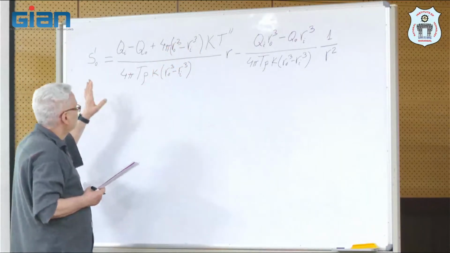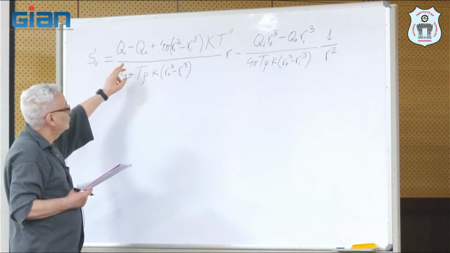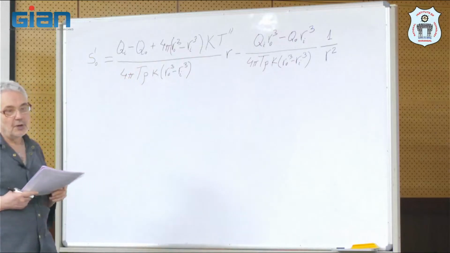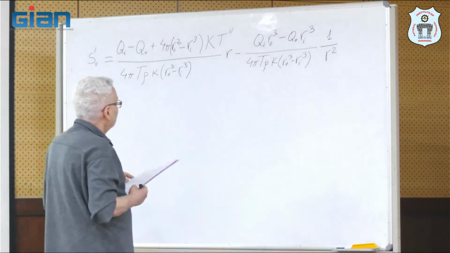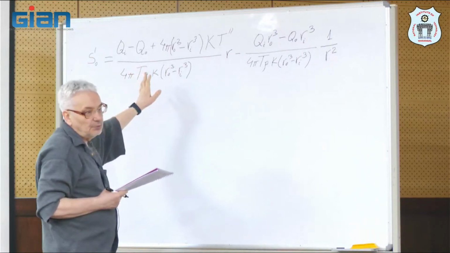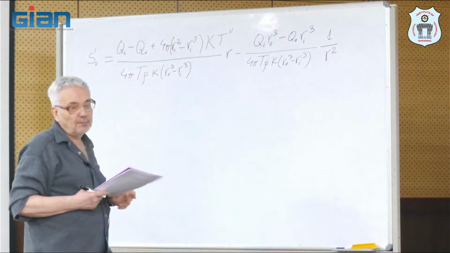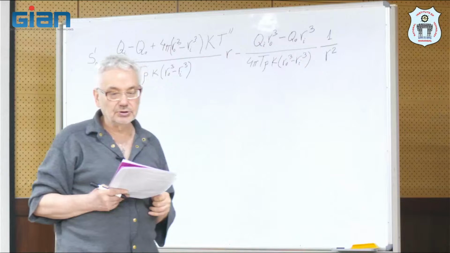So this is the major contribution, which comes out due to some input or output heat flux. And another advantage of this term is that we can imitate not only thermal convection with this,